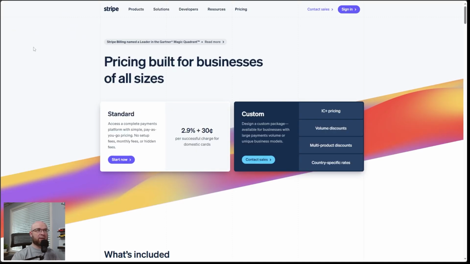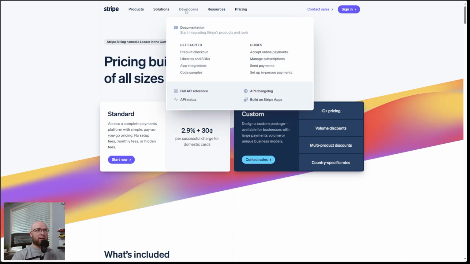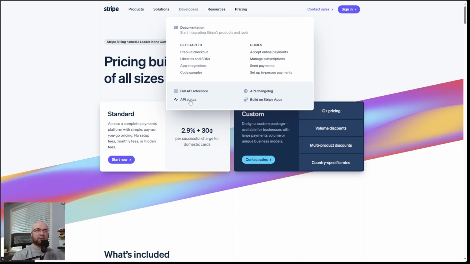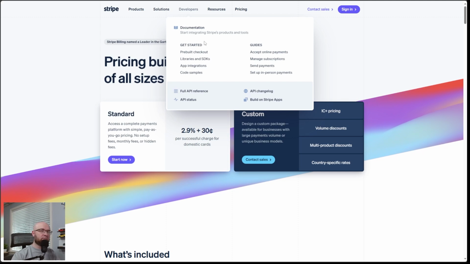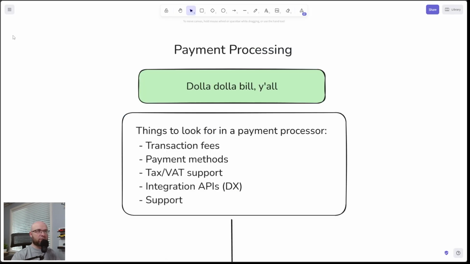Or are you more likely to choose a service where there's a dedicated developers section that gives you full-on tutorials and API documentation? I mean, that's a rhetorical question. So integration APIs and DX, also important, makes it a lot easier to integrate and therefore collect money from your